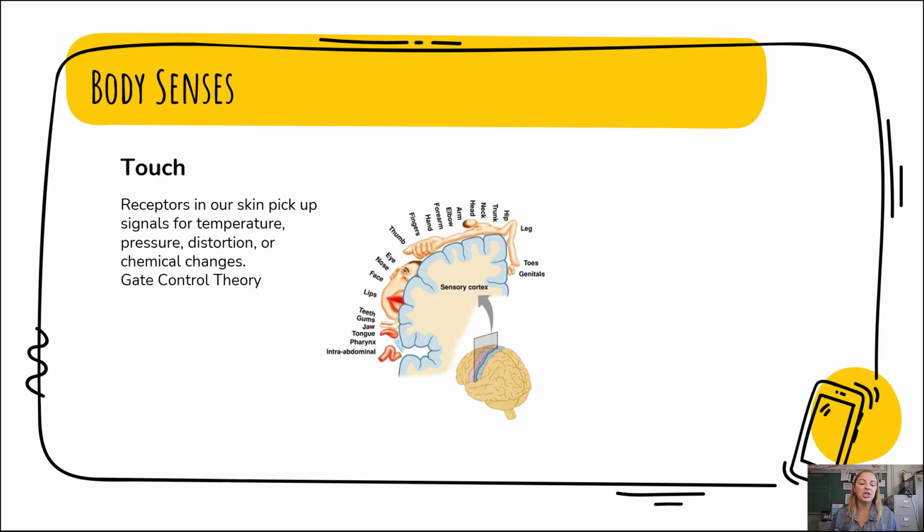Our sense of touch is processed in our sensory cortex, or our somatosensory cortex. Much like our motor cortex that controls different parts of our body, the somatosensory cortex also has different structures of our body mapped along it throughout our parietal lobe. The parts of our body that are more sensitive to touch have more space along this sensory cortex.